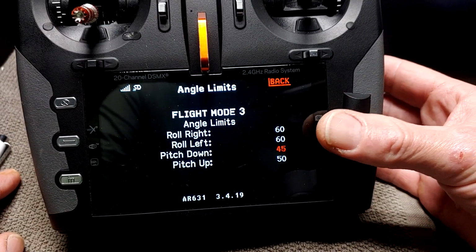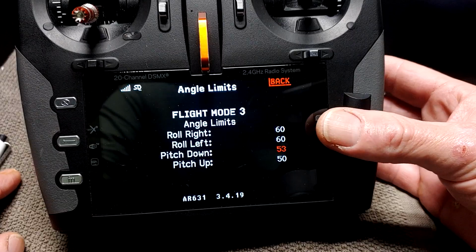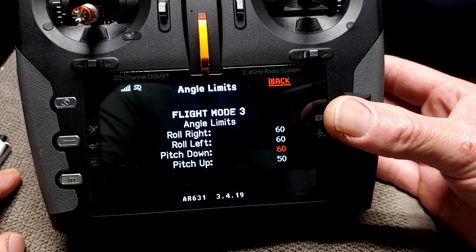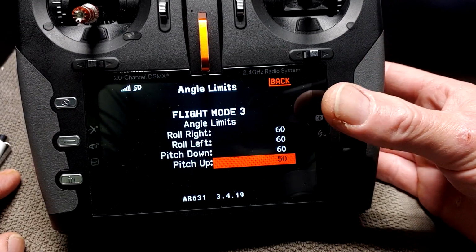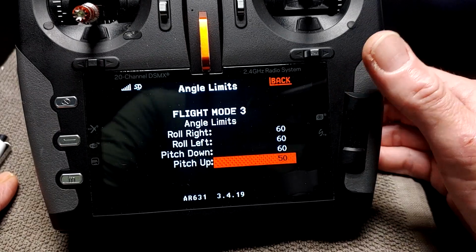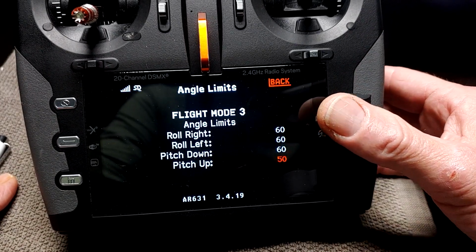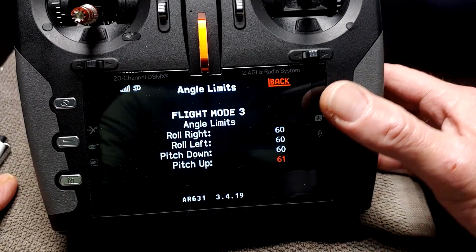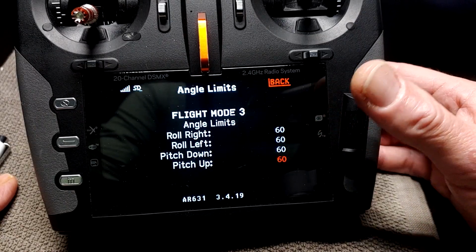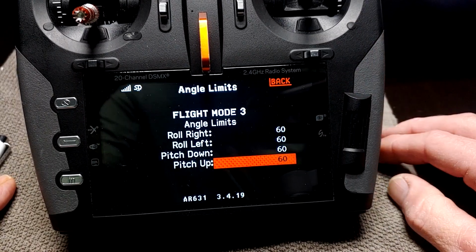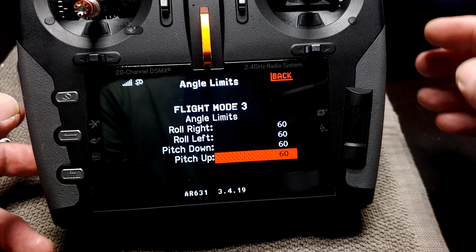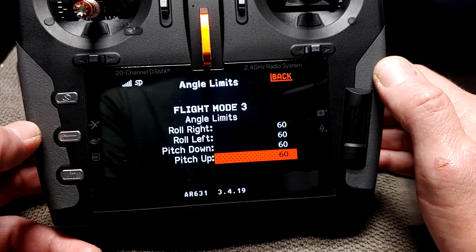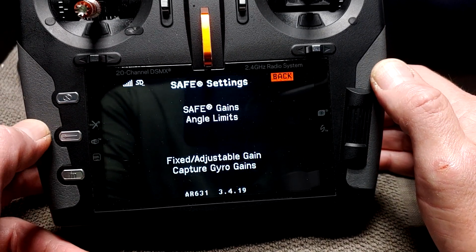So we'll make them all 60. And that's a pretty good starting point. You know, unless you've got a bunch of trees or something or a house you need to clear, then you could change it a little bit higher. But you don't want to pull your stick all the way to the back and then it shoots to the moon. So 60, 60, 60 is a good place to start for your angle limits when you're in safe select. We'll back out